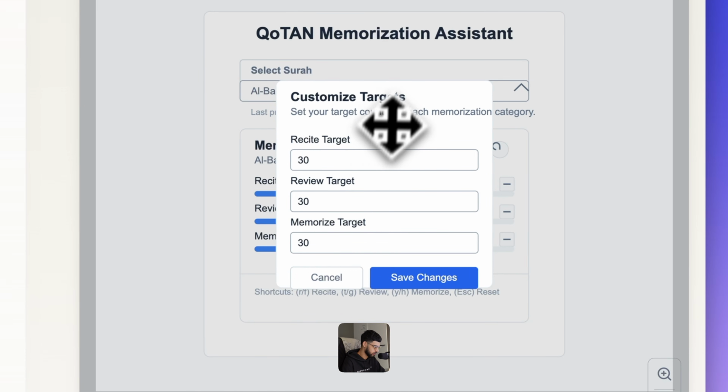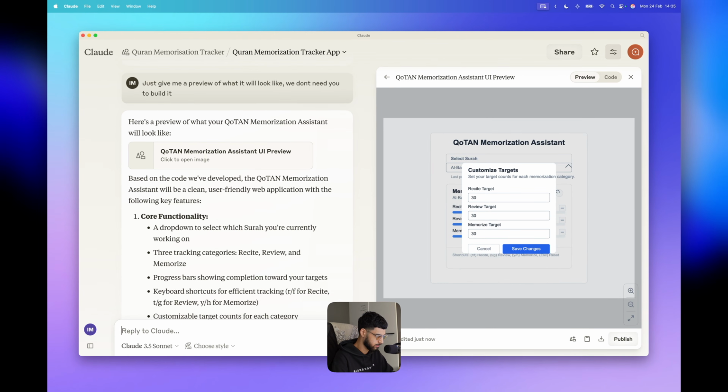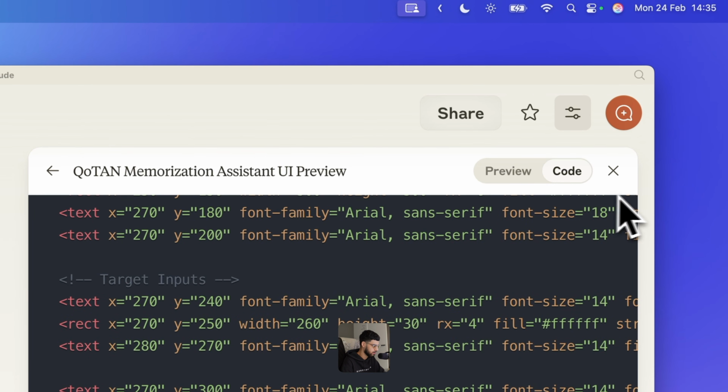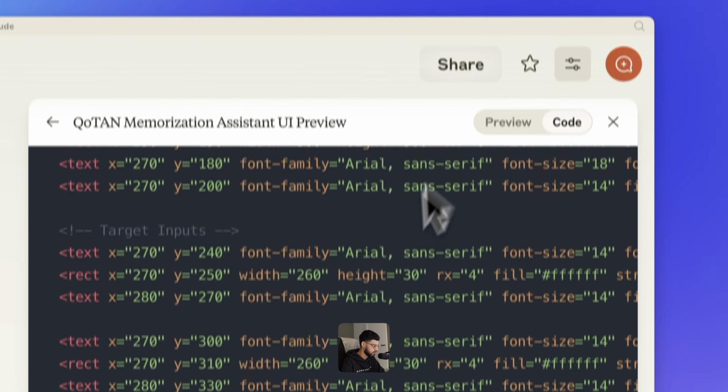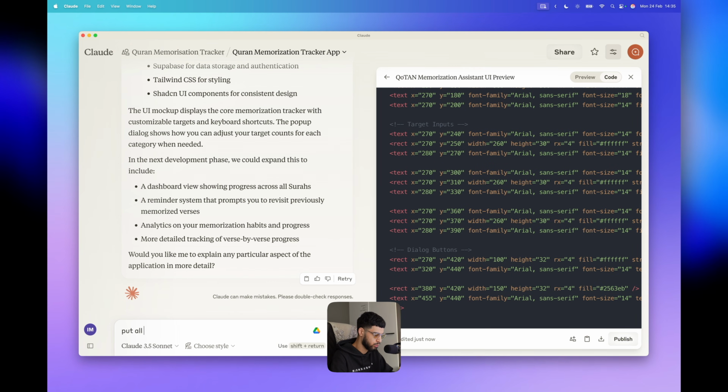Okay, I mean, this looks not that bad, actually. I mean, obviously it looks a bit ugly. I don't think it's properly built this with shadcn components, but that's not bad. I'm going to copy that anyway. Actually, you know what, we'll leave that for now. Okay, cool. So put all of this information into a... Okay, make...